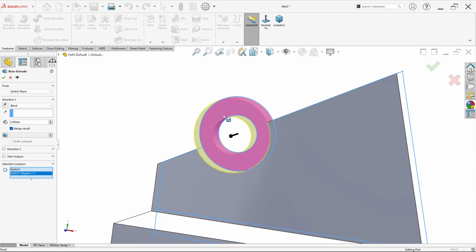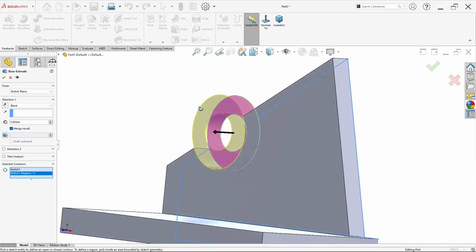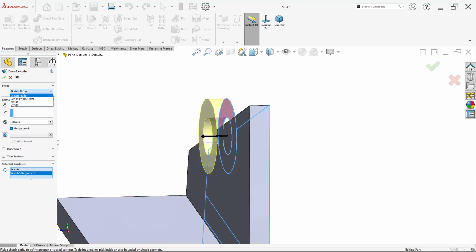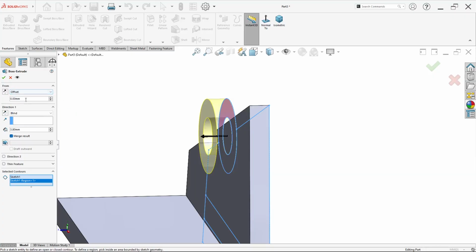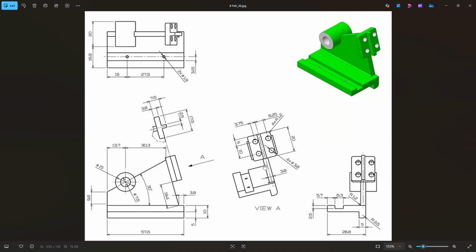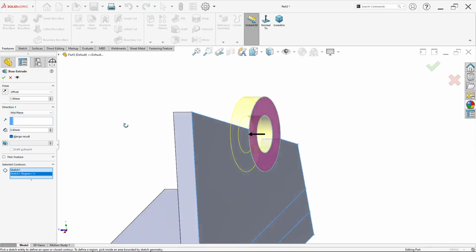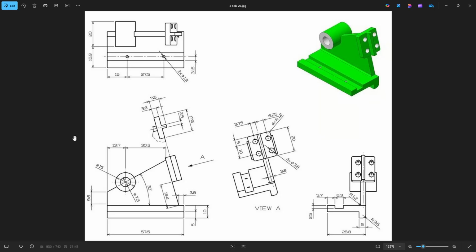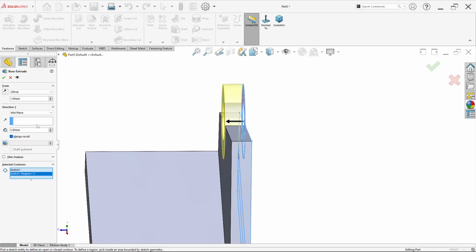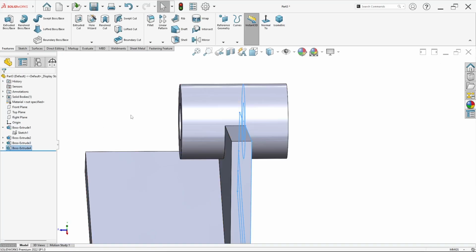Select this sketch, but from, you can select offset. Set the offset value to 1.9 because half of 3.8 is 1.9. Change direction to mid plane to make the part symmetric, with a total length or width of 20 millimeter. Click OK.